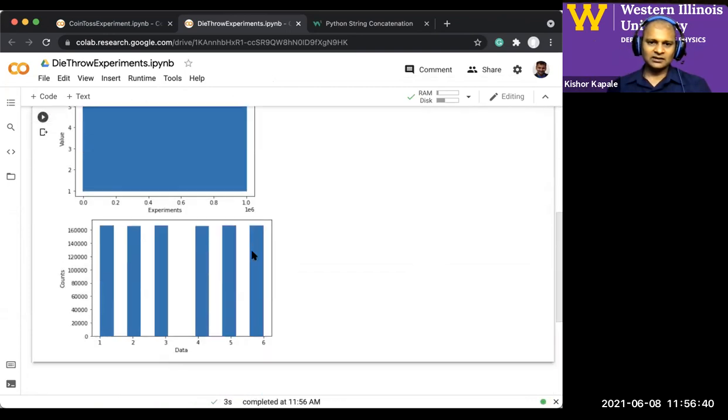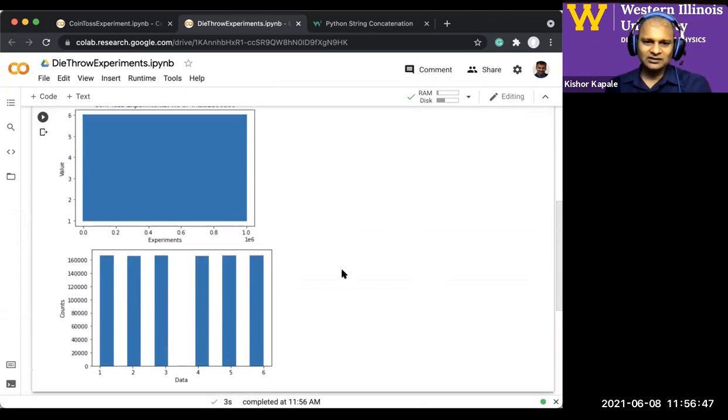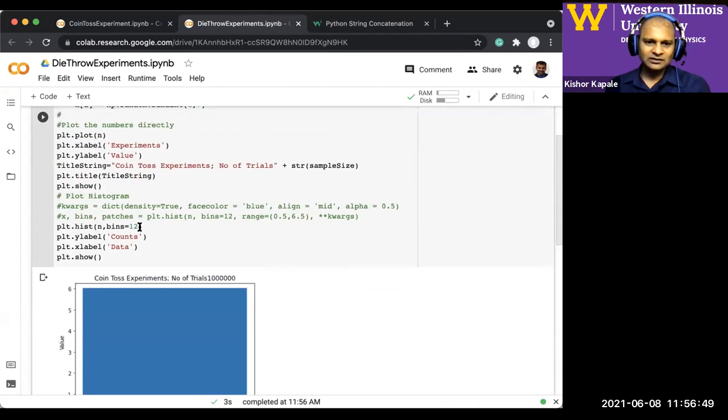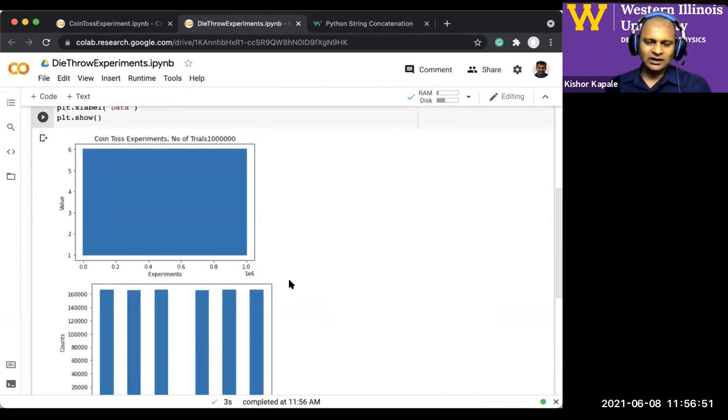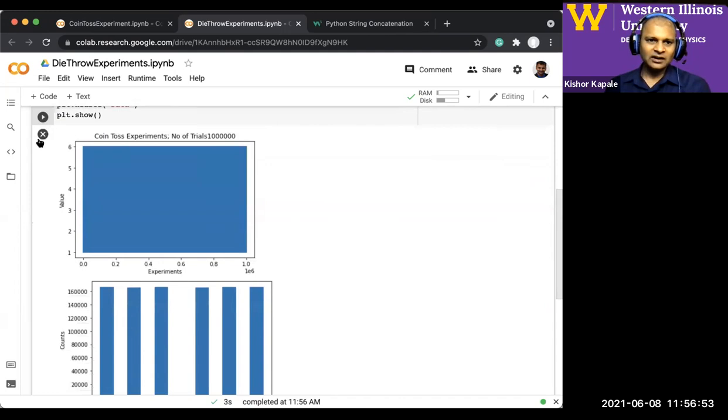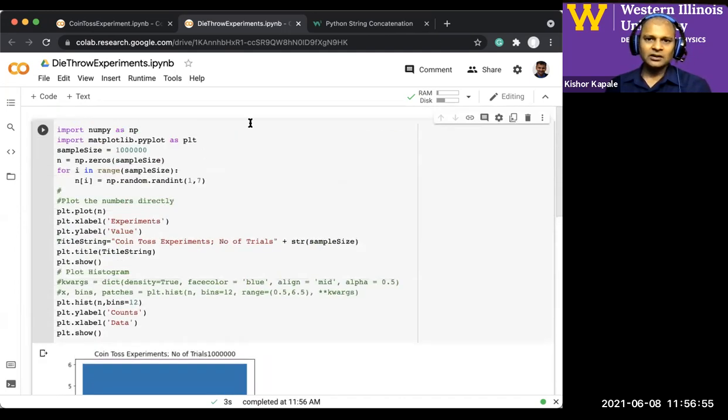Okay, let's run that. And again, you get this. I think somehow the binning is not uniform, so there is a gap here with 12. But that kind of gives you an idea. You can play with this. I will share the code with you. And so let's stop sharing and let's